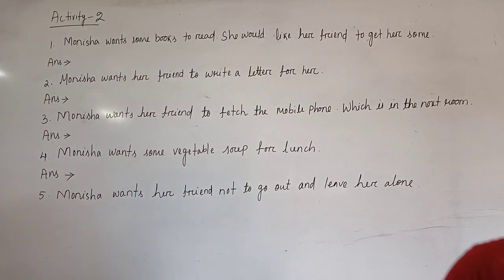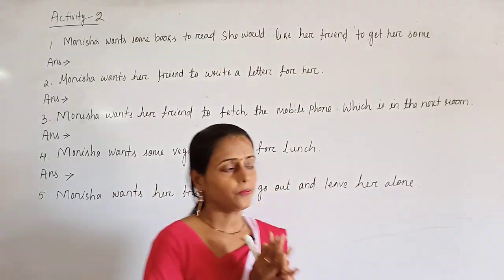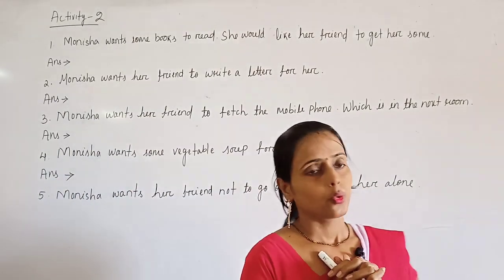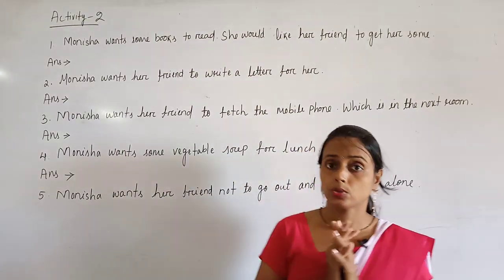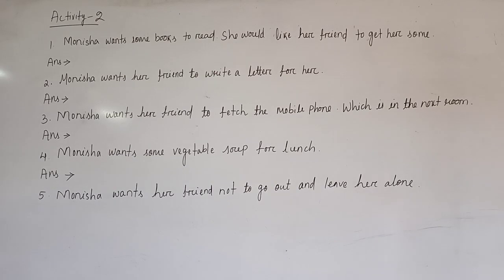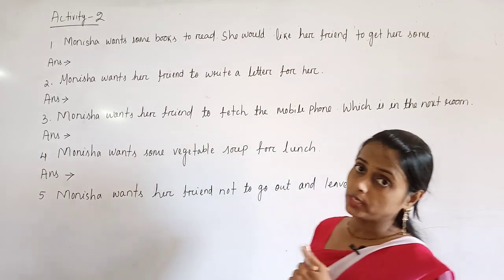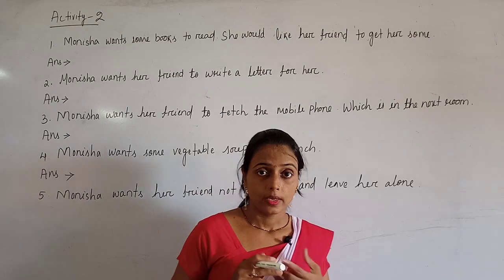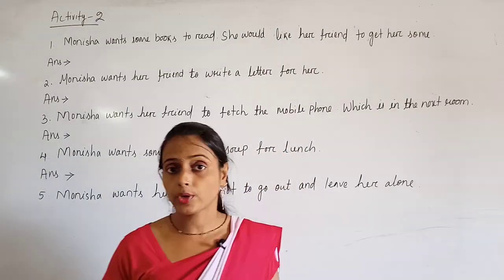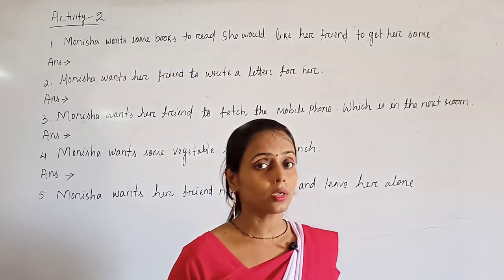So students, we are reading the models which are used to make request. Here, look, sometimes we are making requests to friends, but the requests are quite unusual. Did you understand it? So whenever the requests are unusual, in those cases, we also can use can, could, would. Okay, can is informal. As I told you, near your bosom friend you can use can. But if the request is quite unusual, you also can use could or would.